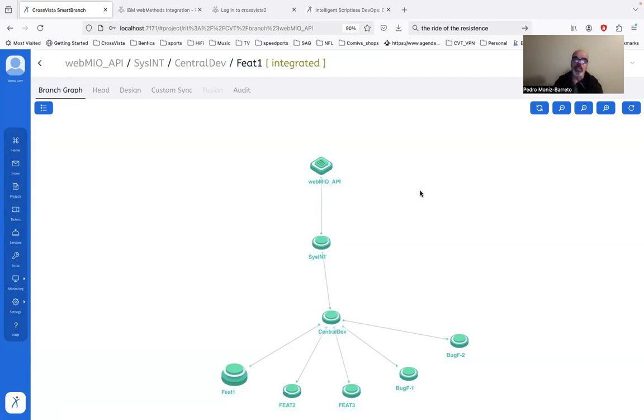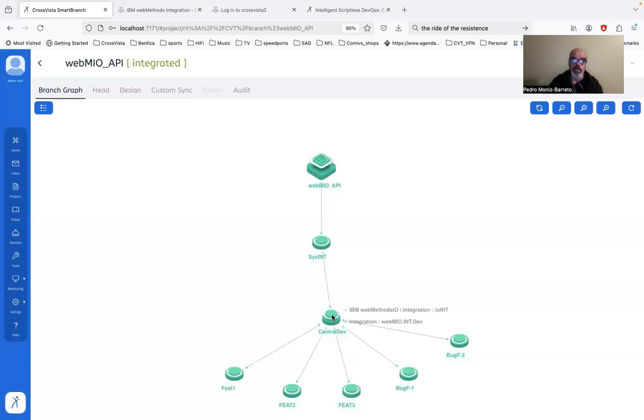In today's video, we'd like to show you the amazing agility that CrossVista's SmartBranch platform introduces in the DevOps world. Here we can see a project that's representing a branch tree going from production to SysInt to central development. So it's our branch tree pipeline from central development all the way to production, covering in this case 2 different